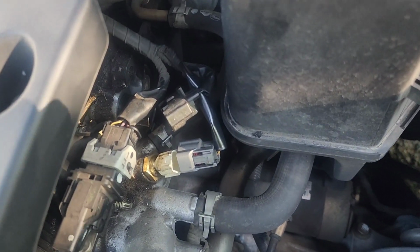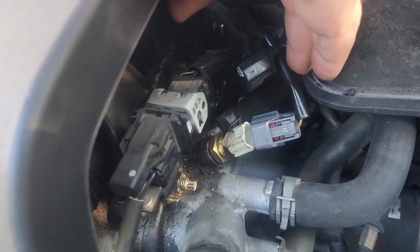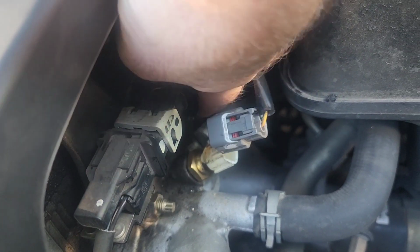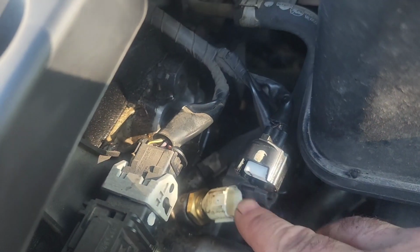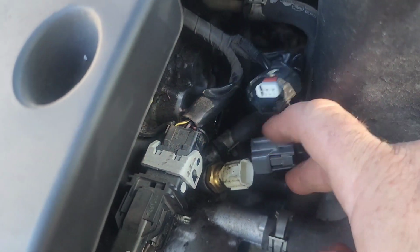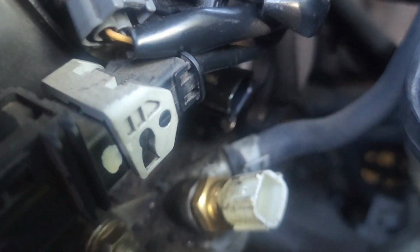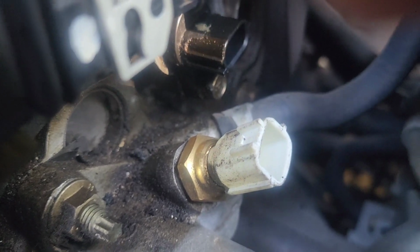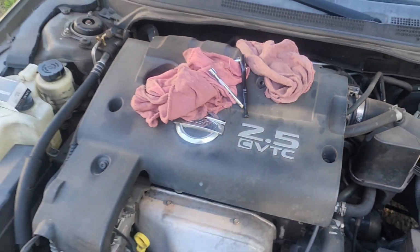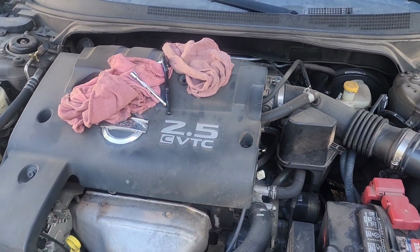Alright, it is Monday afternoon. We have located camshaft position sensor bank 1. It's in there, it's hard to see. I don't have any lights. We did have to unplug that sensor as well to try and gain enough access to our screw head that is hiding very much deep down in there. Should be a 10 millimeter. Yeah, we're working on the street too, so I hope I don't get run over. One 10 millimeter bolt,